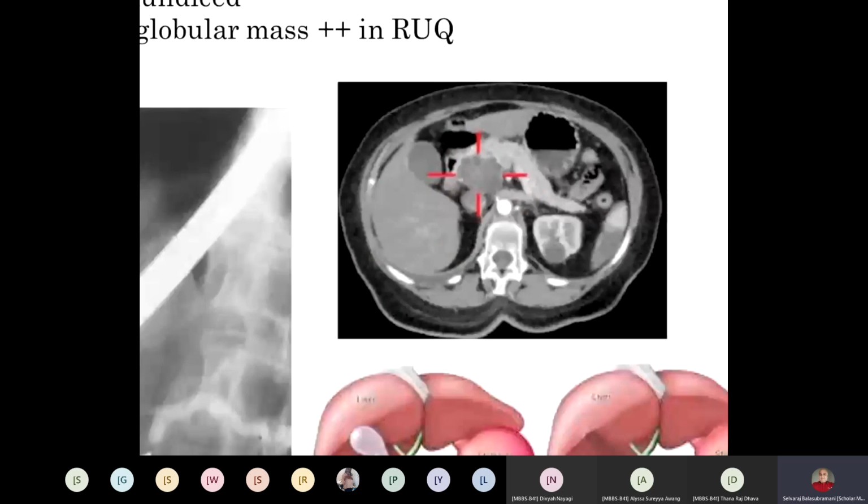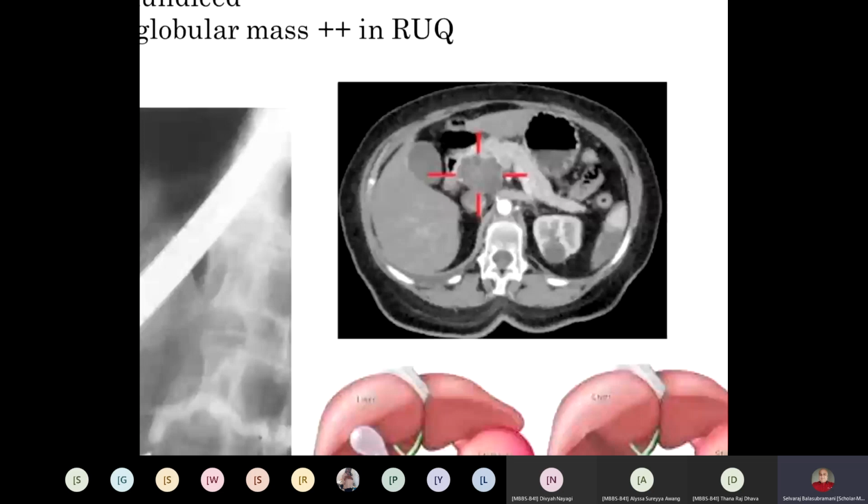What is the treatment shown in the last two figures? In the first one, all the parts are intact. In the second one, they have removed the diseased part and you are seeing three anastomoses. Can you tell me the name of this surgery? Whipple's operation. Yes, Whipple's operation. What is the other name for that? Pancreatoduodenectomy. Very good, excellent. You have to remove the pancreas as well as the duodenum.